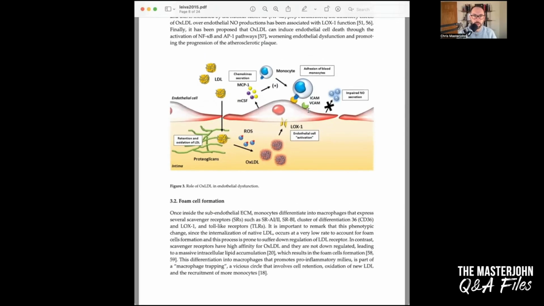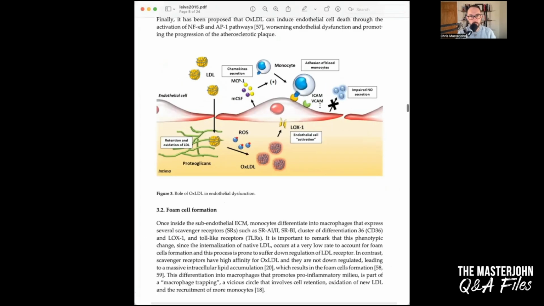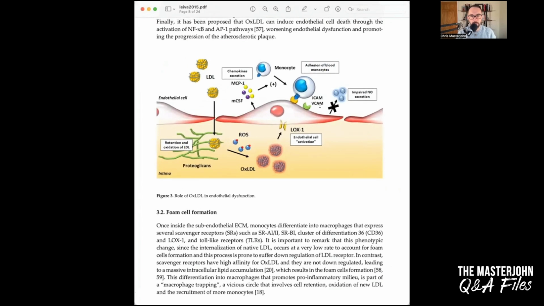So I'm going to go to a paper that has some great figures. This paper is Role of Oxidized LDL in Atherosclerosis by Leva, Wenger, Guzman, and Orrego. I want to skip to a couple of figures that they have down here. What's going on in the development of atherosclerosis, according to modern knowledge, is that lipoproteins in the bloodstream, with an emphasis on LDL particles,